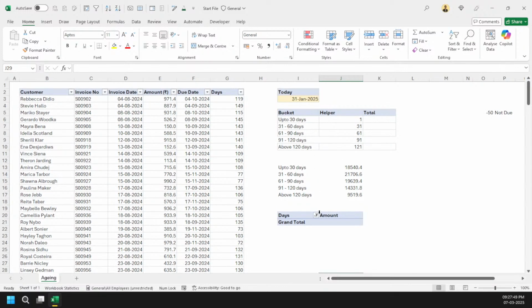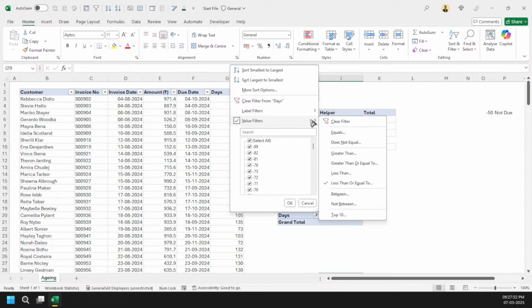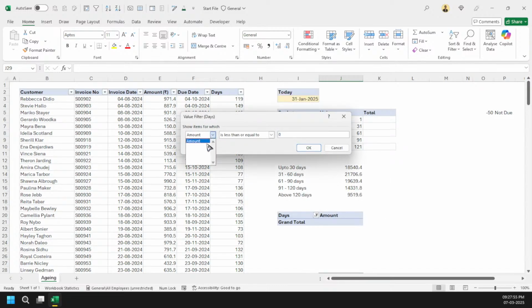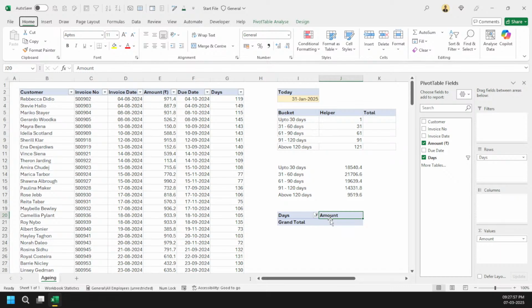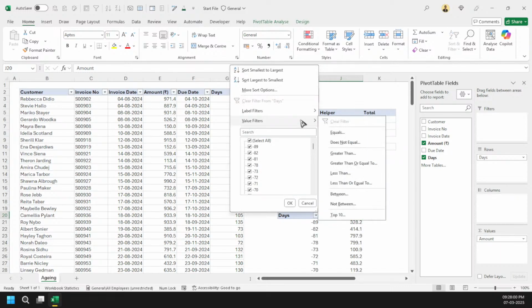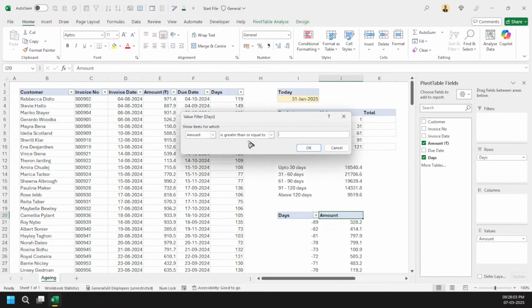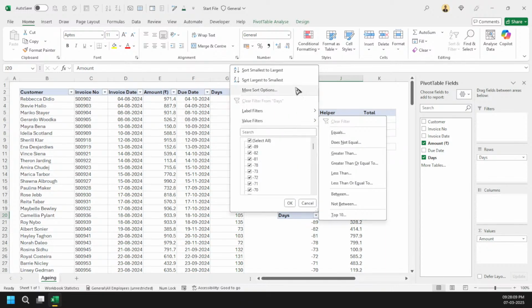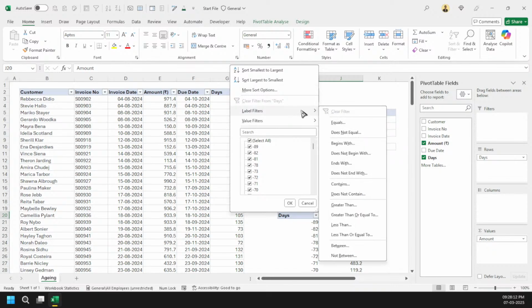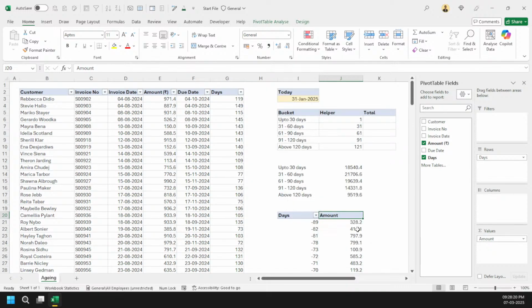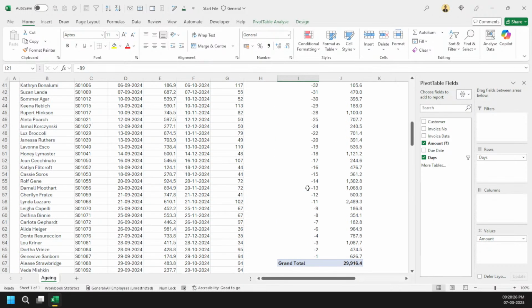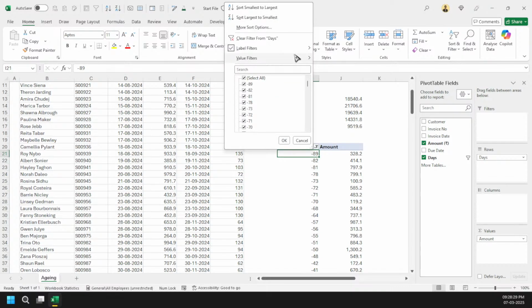Okay. This is weird. Where did I filter it? Less than or equal to, okay, this should be actually, yeah. So what should be here? Greater than or equal to, here the amount. Okay, why is this not giving me days? Interesting. Label filters. Yeah, okay. This will be the label filters. Less than or equal to zero value. Great. It is actually not giving me. Okay, I messed it up a bit.